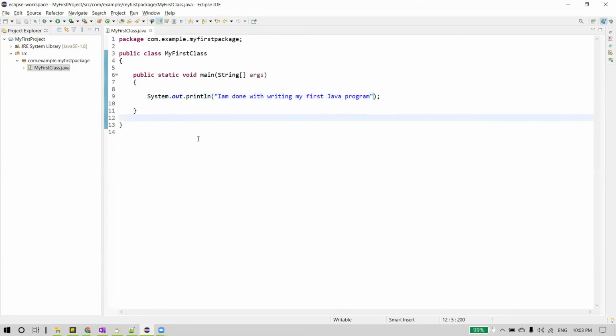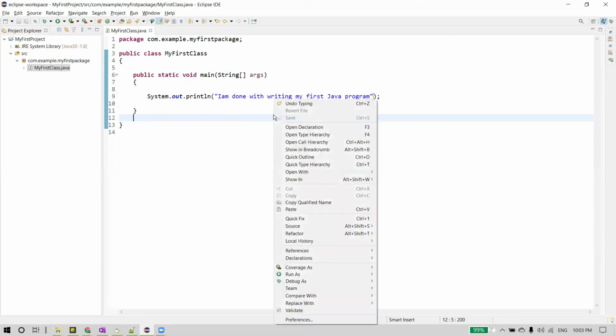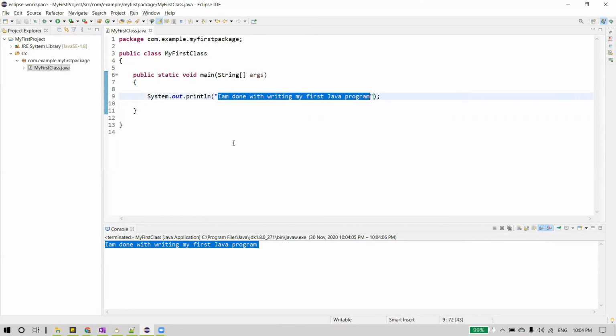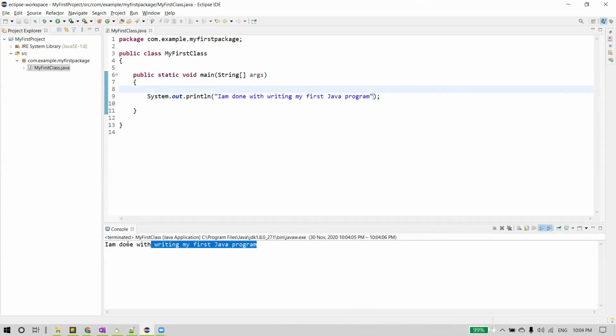And this is all about writing your first Java program. You're done writing the first Java program. Now we want to run this program, so let's do that. To run a Java program, just right click, and you can see Run As. Click on Java Application, run as Java Application. And now you can see in the console, this is what we call the console, the output of the Java program, first Java program. We wanted to print this on the console output, and you can see whatever we have given here has been displayed in the console output.